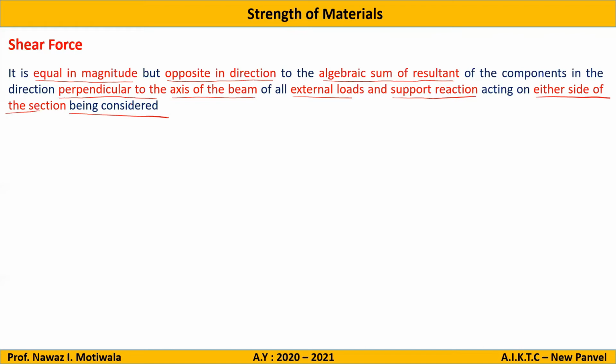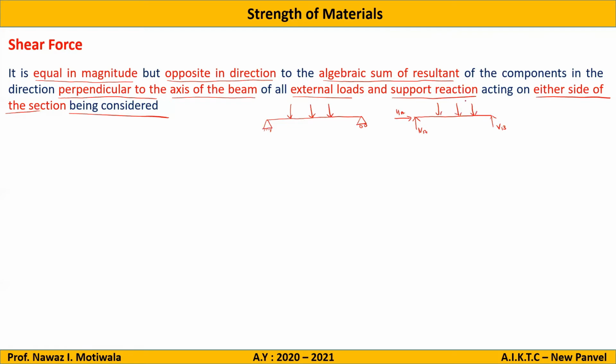So just to explain this entire definition in simple terms, let me make a beam here. Let us say there is a beam which is having supports of, let us say, a hinge and a roller here, and there are some applied loads in this direction. So what SFD is, if we make the free body diagram, so this is VA, this is HA, and let us say this is VB, and these are the acting forces which are given.